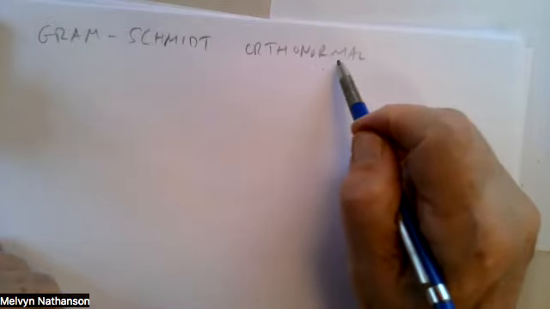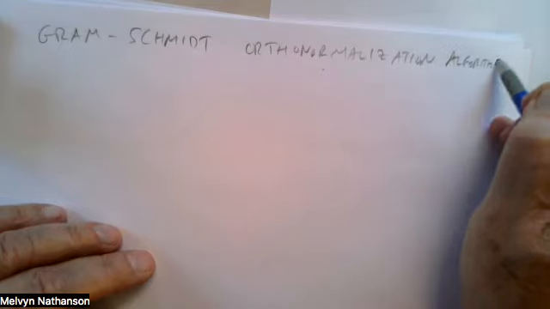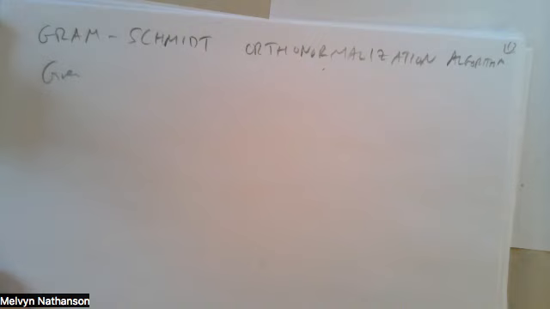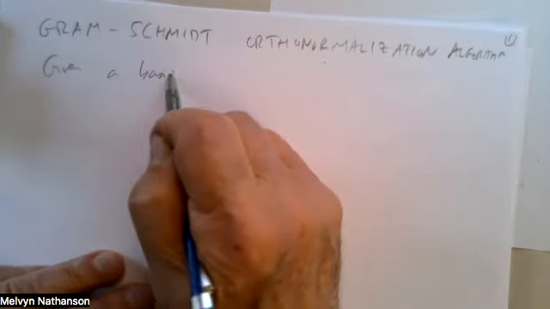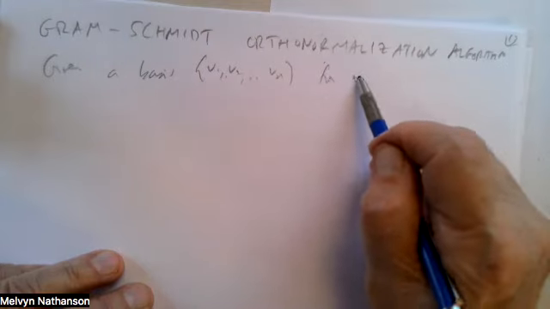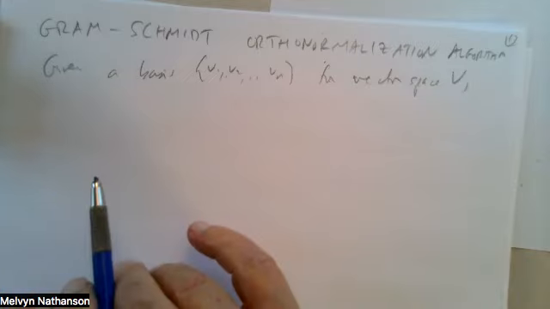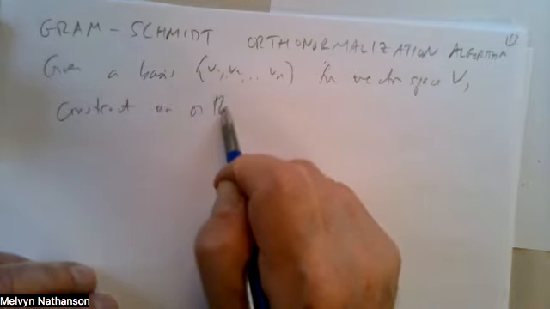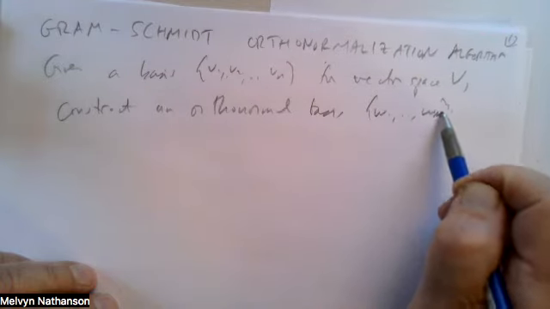So we now have the tool we need to describe what is called the Gram-Schmidt orthonormalization algorithm, or process or method, whatever word you prefer to use. So what we want to solve is: given the basis V1 up to Vn for a vector space V, construct an orthonormal basis W1 up to Wn with the property that